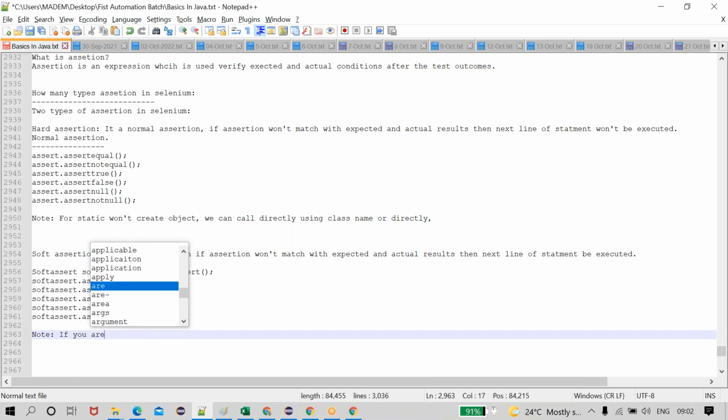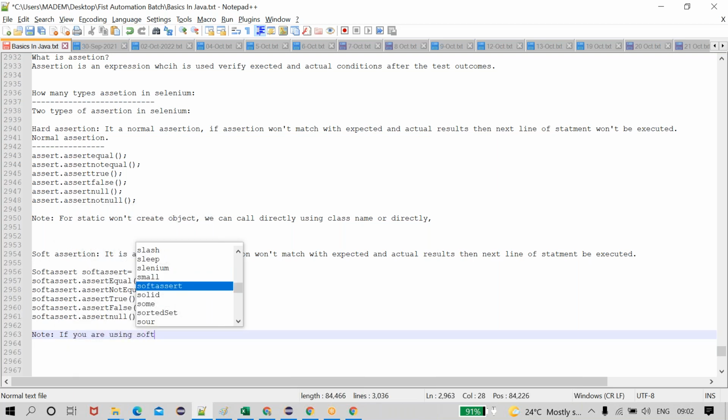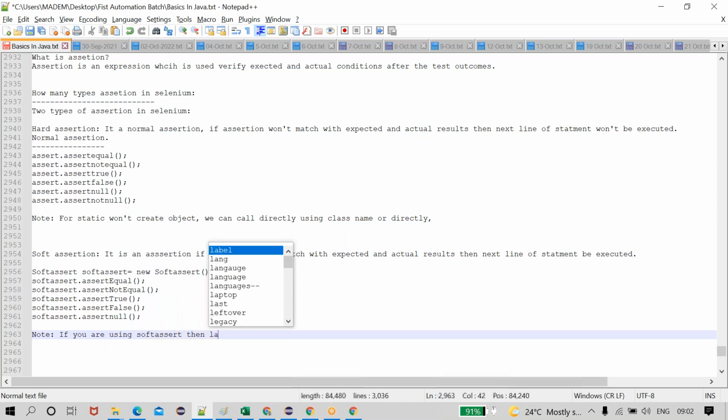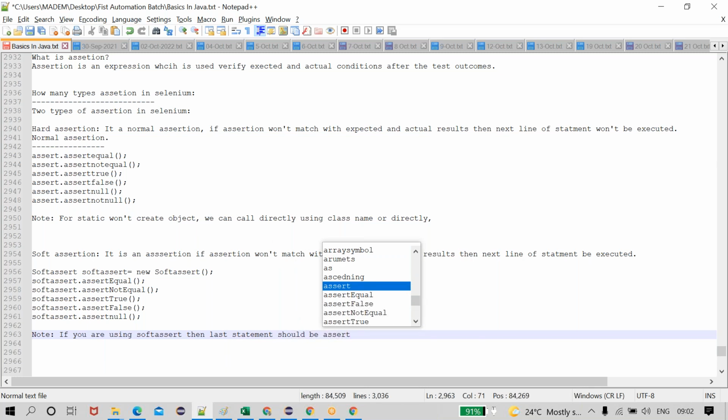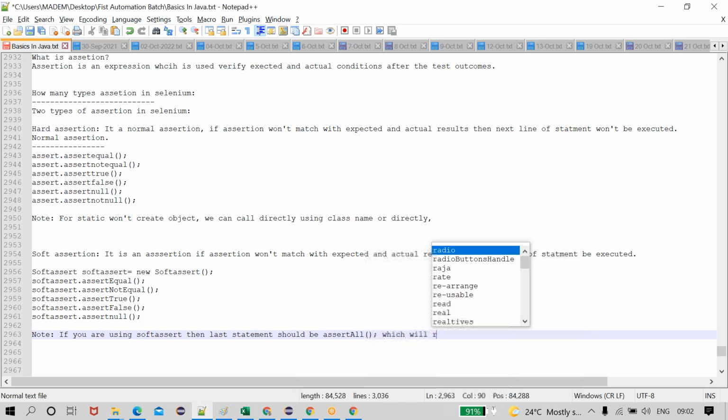If you are using soft assertion, then the last statement should be assert all, which will produce the fail conditions. The fail locations, it will show everywhere it failed.